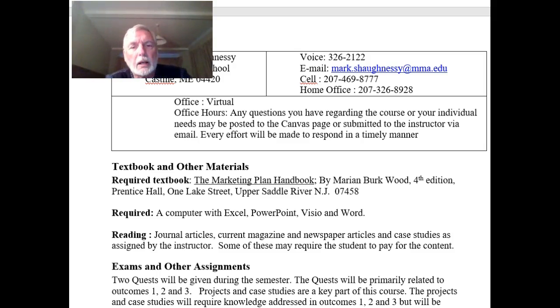So it's the Marketing Plan Handbook. Oops, I think this is wrong. I'd prefer that you have the 5th edition, and it's actually much more available now. I think there's actually a 6th edition out, but the 5th edition works. If you can only find the 4th, or you can find the 4th cheaply, then the 4th is fine too. The different editions don't vary very much in content. They just vary in terms of the examples that the author uses. So the more recent editions have more current business examples, and obviously old editions have older business examples.